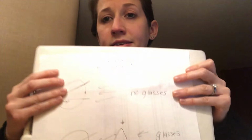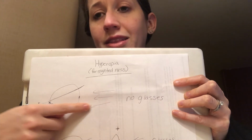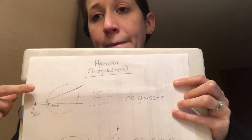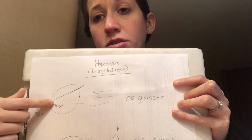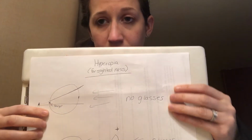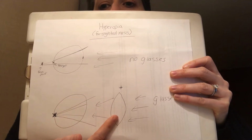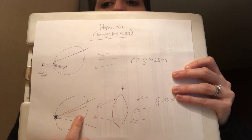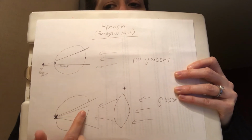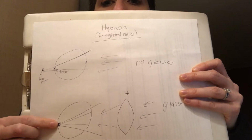So again, somebody who is farsighted, typically without glasses on, would have light focusing behind the eye because the eye is either too short or not bending the light as much as it needs to. But as we can see with our plus lens, with our glasses, it bends the light just a little bit more to make up for either that short shape or that lack of bendiness, and it focuses right on the